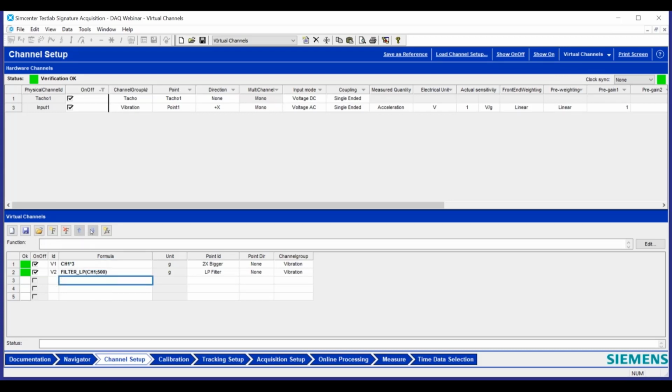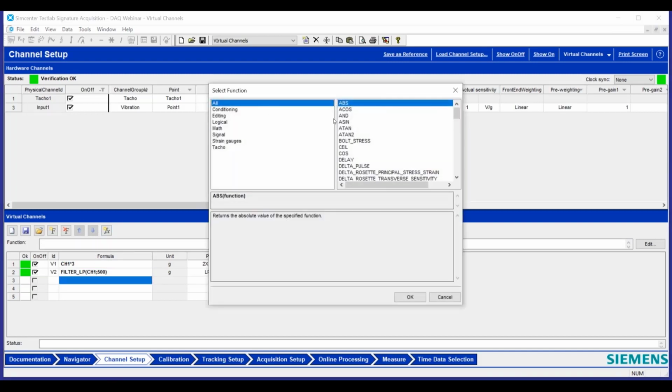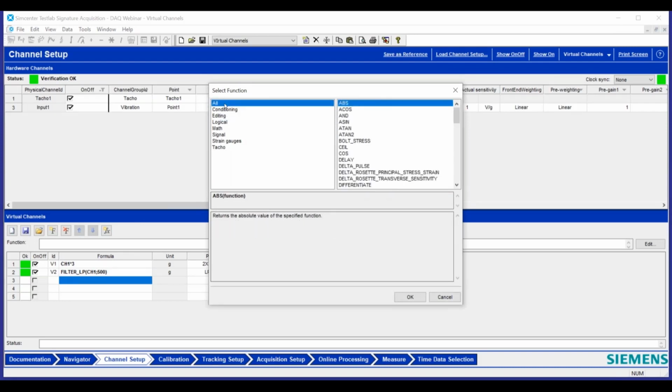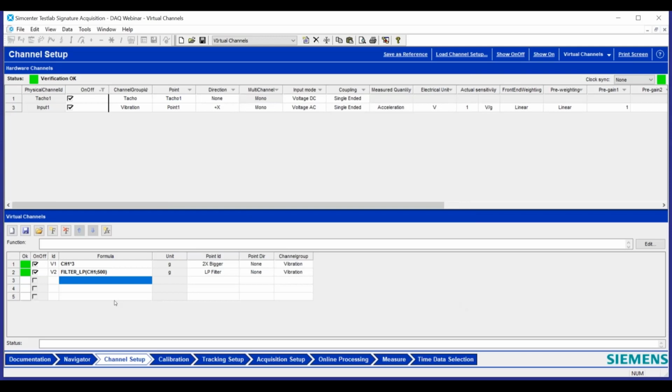There's actually even more complex functions we can perform. If we click on the next line here and go to insert a function, you can see a list. You can filter this depending on what you're looking for, but if you go to All, it gives you an overview of all the functions we can do on this time data. Some are related to the tacho as well, this PWM if you're working with pulse width modulation, filtering. All these are possible, and that's basically what I did here.